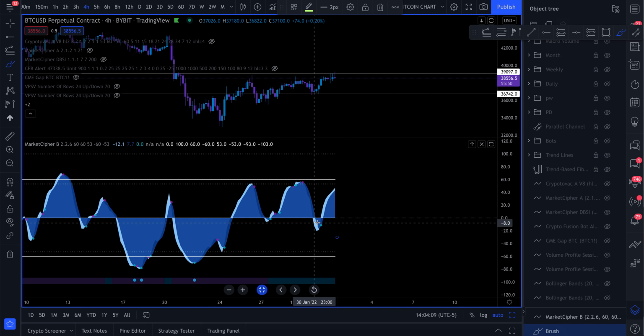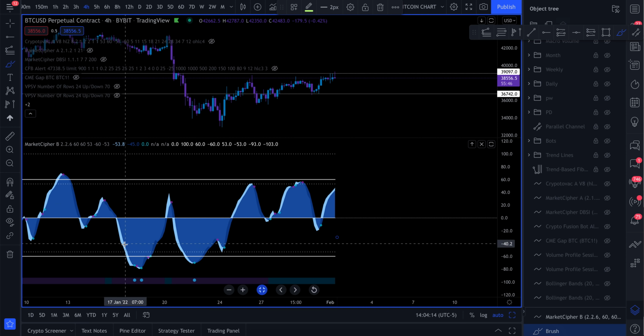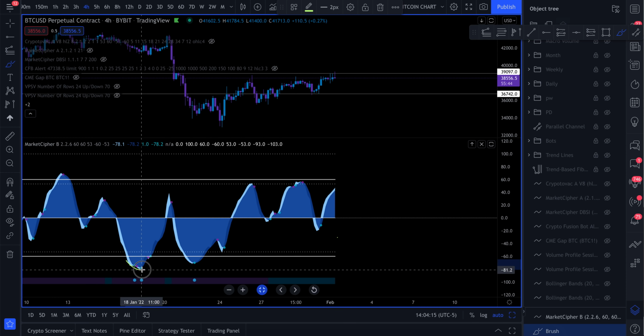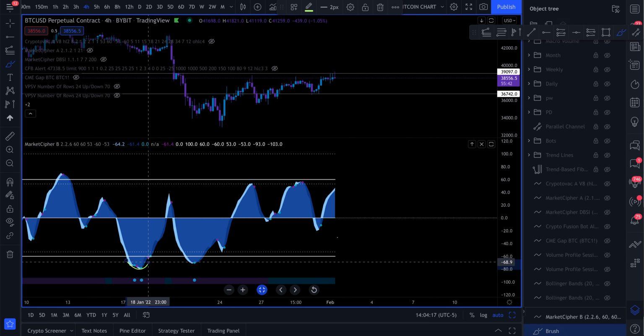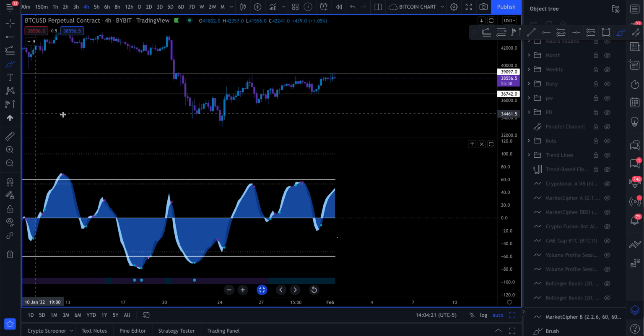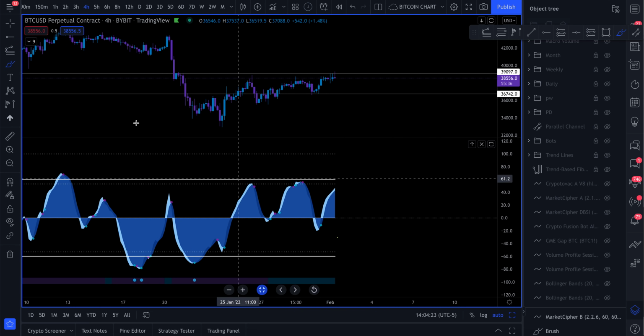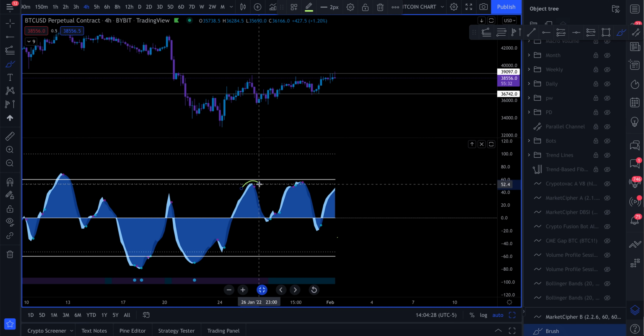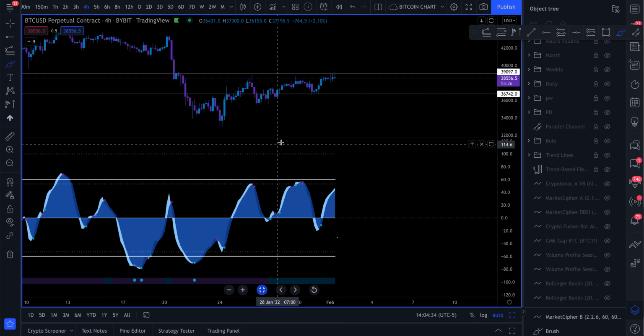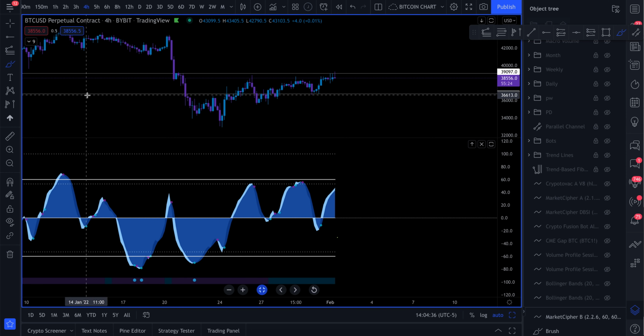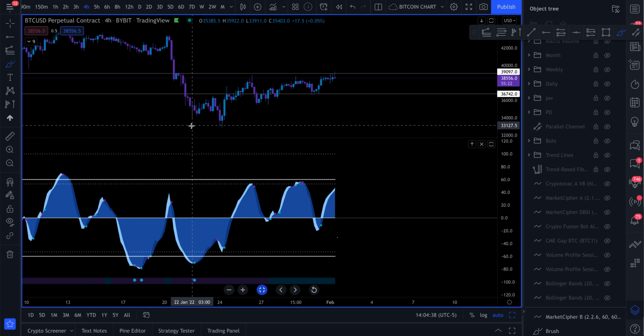Now, why is this so significant? Because this oscillator on the 4 hour time frame, when it is coming down and starting to curve around, this is telling us that we are bottoming out, and there's going to be a movement to the upside soon. And on the other side of that, Bitcoin, if we're printing a curve on the top, this is telling us that we are going to top out soon and form a local top and come down to the bottom. So when we come down to an area of support, for example, the first long trade that I took from right down here,